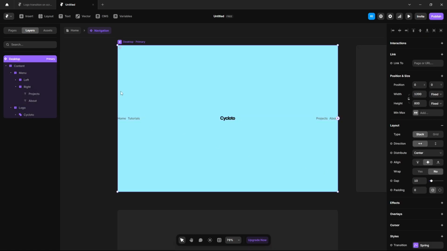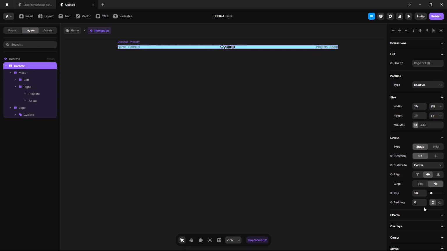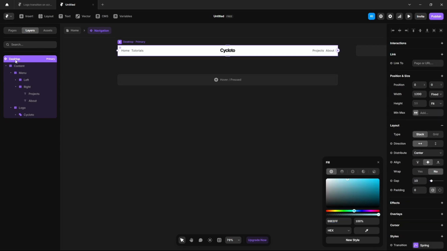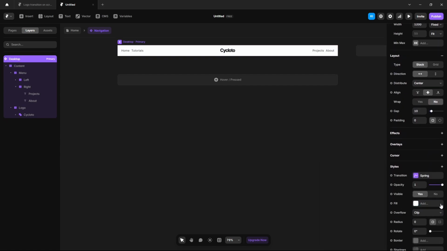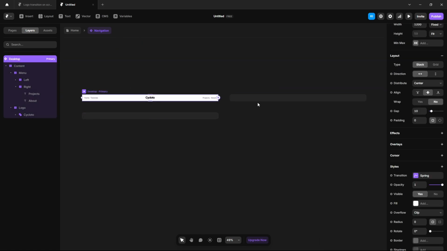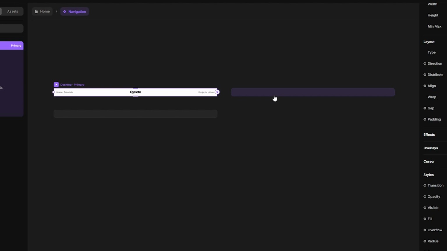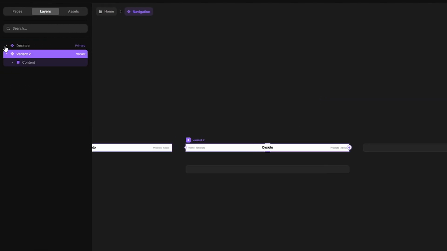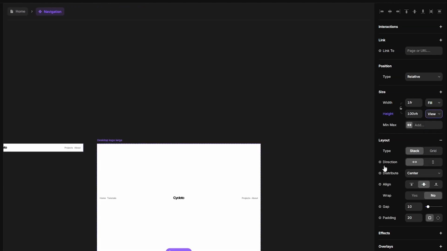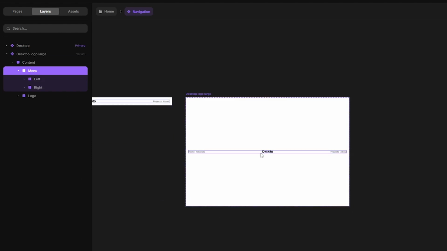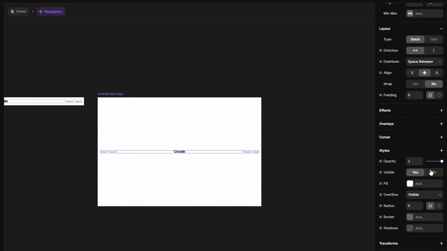Now click this desktop, height fit content, and click this content, add some padding 20, add a fill color. We can remove this fill color here. Click here, then click here to create another variant. Collapse it, name it desktop logo large or anything you'd like. Click this content, set the height viewport 100 VH, go to menu, scroll down, visible, no,